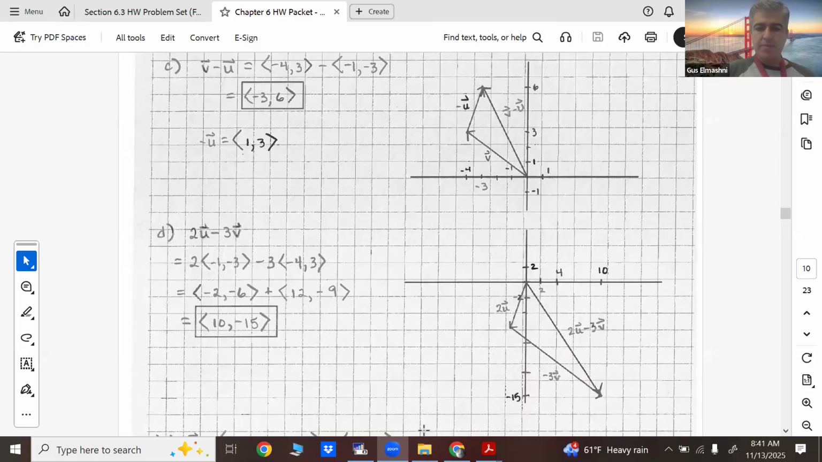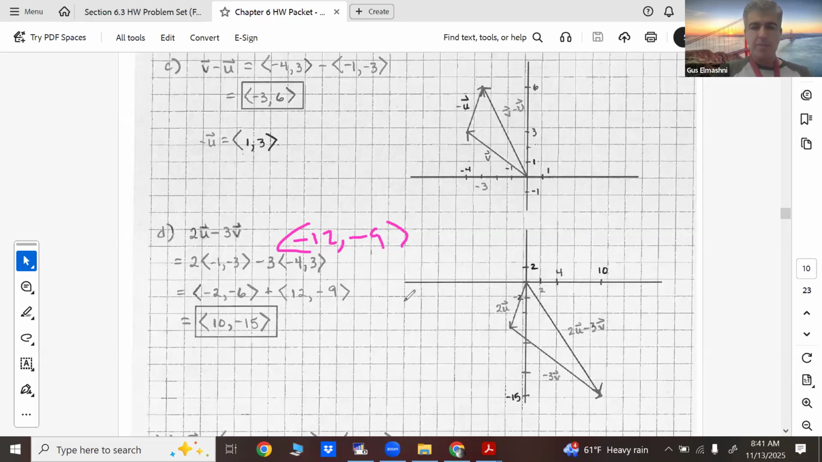Because if I were to do this, if I were to go 12 right, so here's 2u. If I go 12 right and 9 down, actually, sorry, 12 left, because initially it's -12, -9. So if I were to go 12 left,